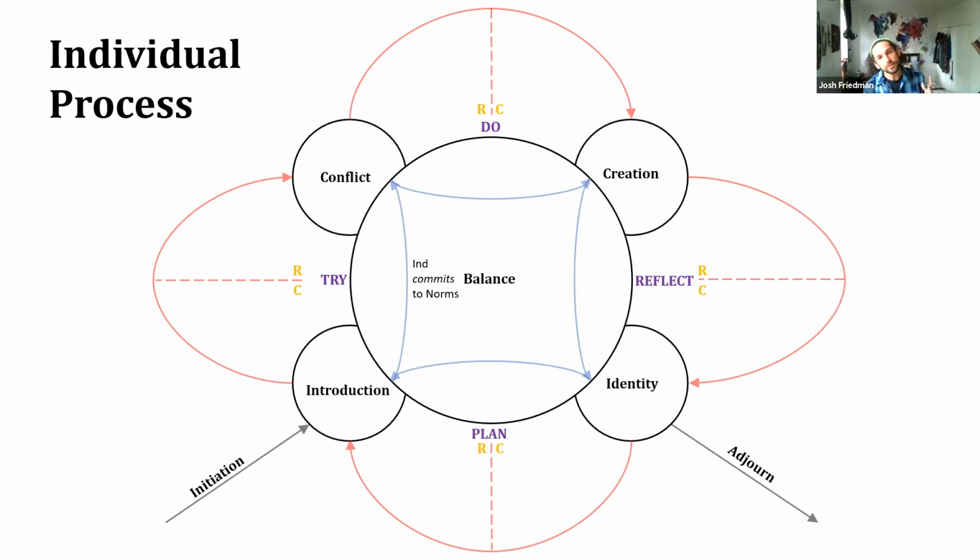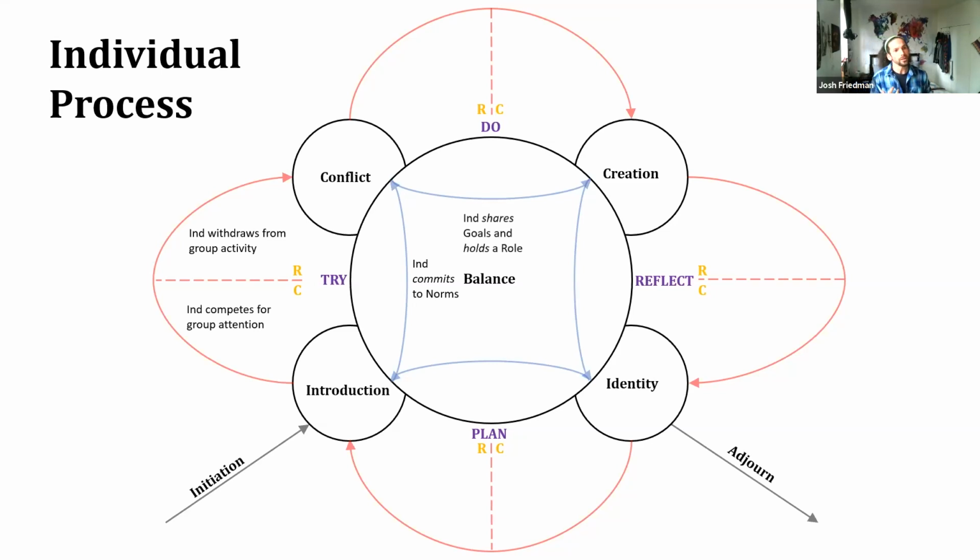But what happens if the individual doesn't commit to norms? They might withdraw from the group activity in a very rigid way, say, I'm not going to participate. I'm going to stay only me, only an individual. You can't touch me, right? Or they might say, I don't like what your purpose is. I don't like what you're doing or what you're up to. I want you to do what I want to do. I want this group to be under my control, under my influence. And so they'll chaotically act out.